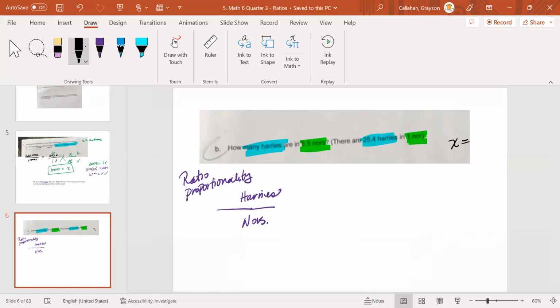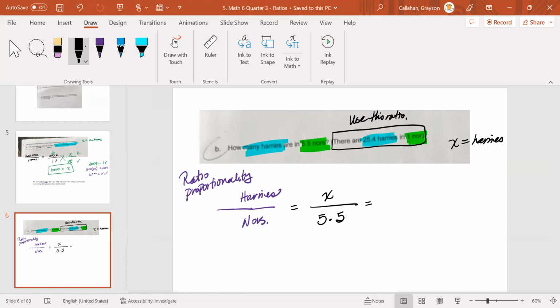We're going to say X equals Harrys. Harry goes on top, Nors goes on the bottom. So how many Harrys? X goes on top for Harrys. Are there in 5.5 Nors? So 5.5 goes on the bottom. This right here is the ratio that you use to help you solve for X. 25.4 Harrys, Harry goes on top, so 25.4 goes on top, 1 Nor goes on the bottom. Okay, so then we're going to cross multiply. 1 times X is X,